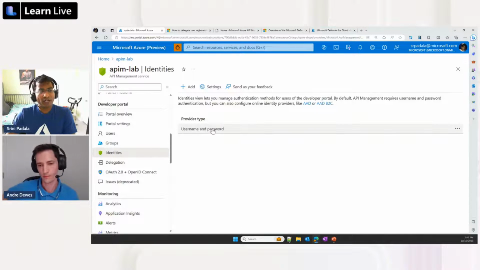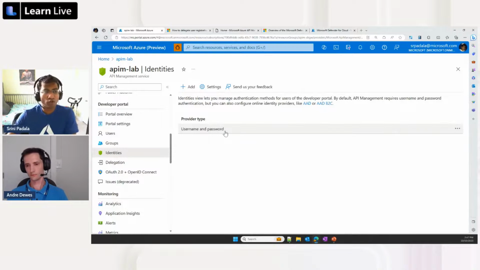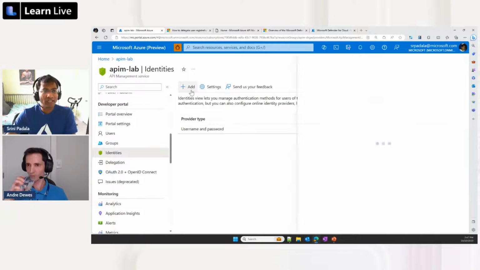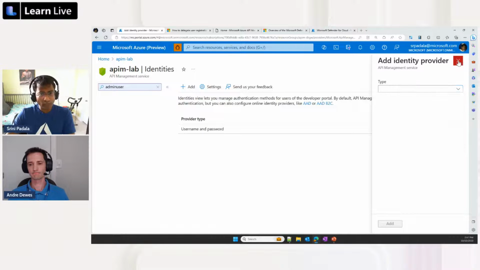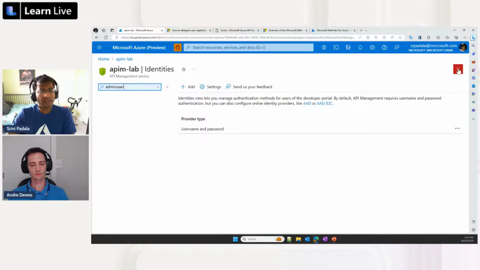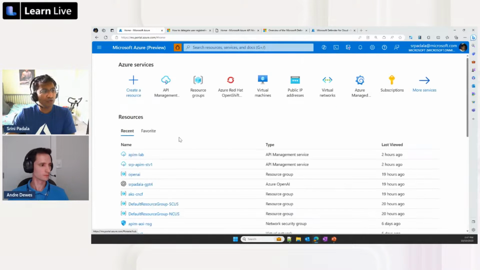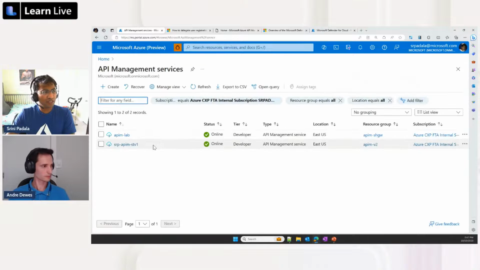The username and the provider type, the default provider type is the username and password. We strongly recommend not to leave this provider type because we don't want API management to manage your users, rather integrate with something like your enterprise Azure Active Directory or Active Directory B2C. That way you have centralized, sophisticated user management tooling integrated into API management. So once you integrate these identity providers into API management,